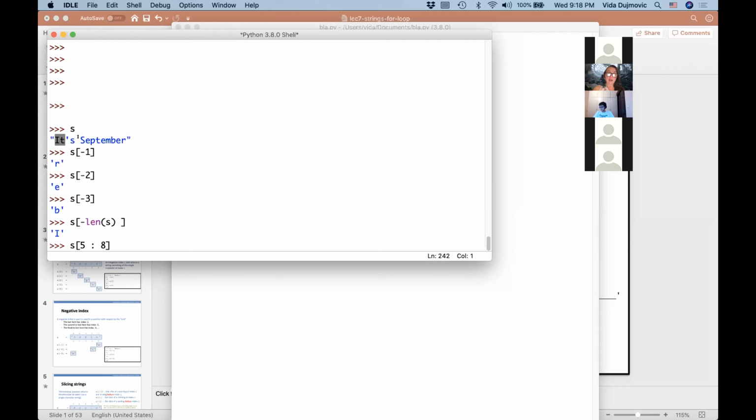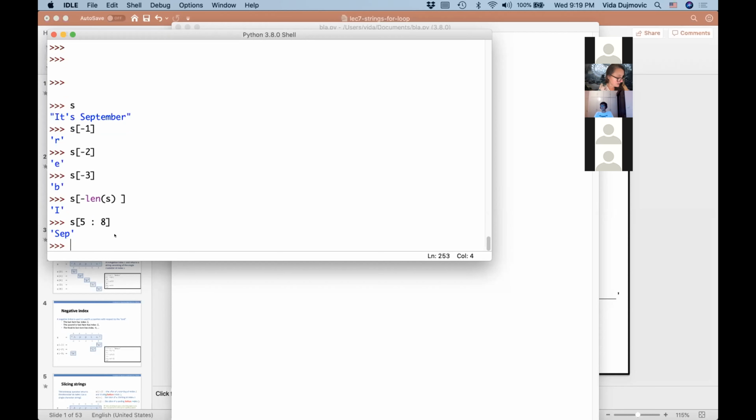So it looks like 5 is capital S. Then I do 5, E is 6, P is 7, T is 8, but we go up to 8. So if I count it well, this should be SEP. Indeed, this returns SEP. So the first number is where you start, and the last number is what you go up to and not including, okay?